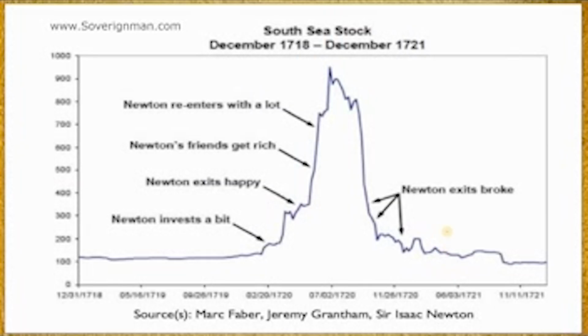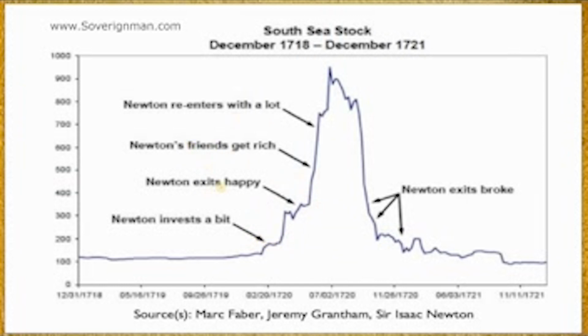Moving on to the South Sea stock bubble, and this is an interesting chart. Again, we see that prices rose. They had a little bit of consolidation over here, and then you've got this parabolic rise. It's almost vertical on this chart. And then, of course, prices drop. There's a little bit of a bounce, and then they just completely plummet, and it goes back to roughly the prices where it started to go parabolic.